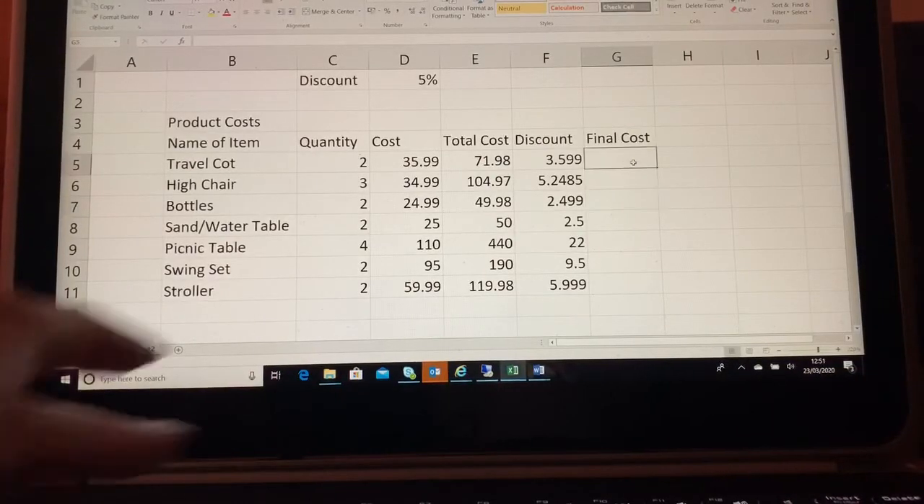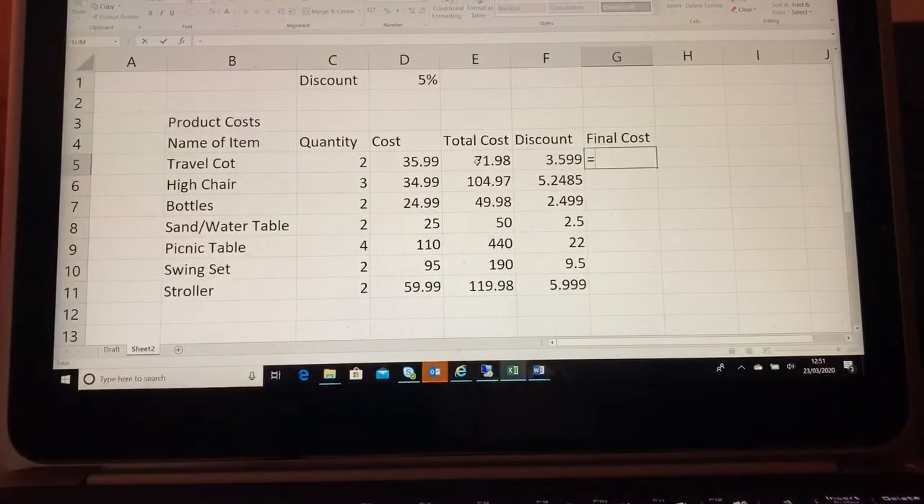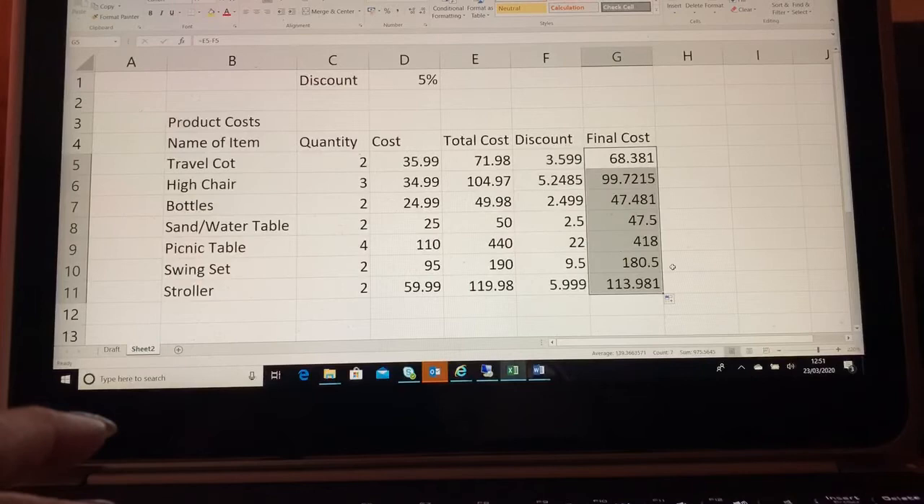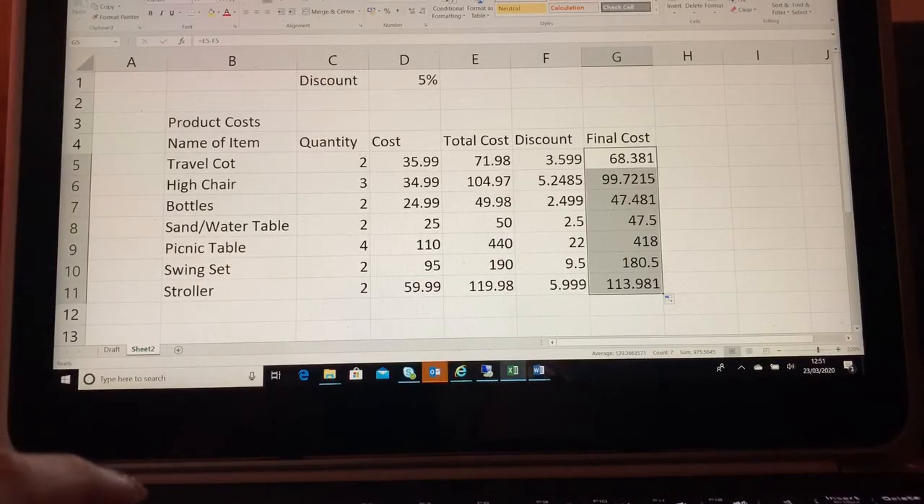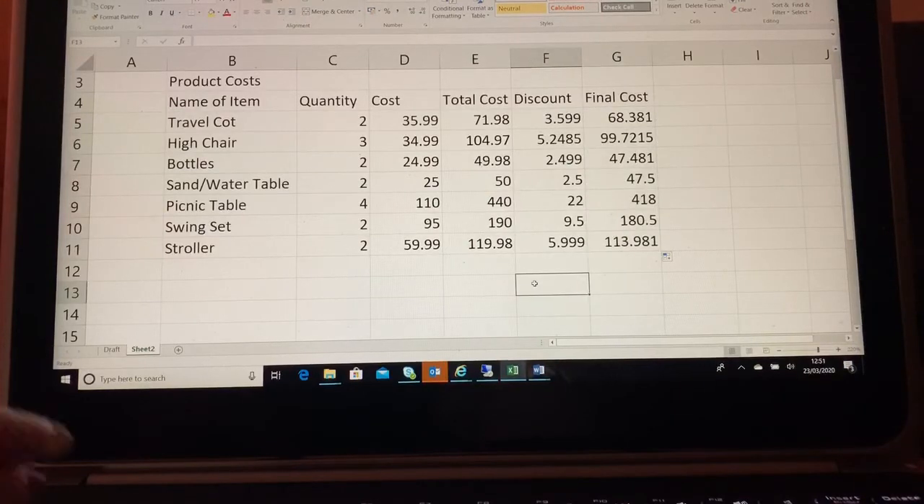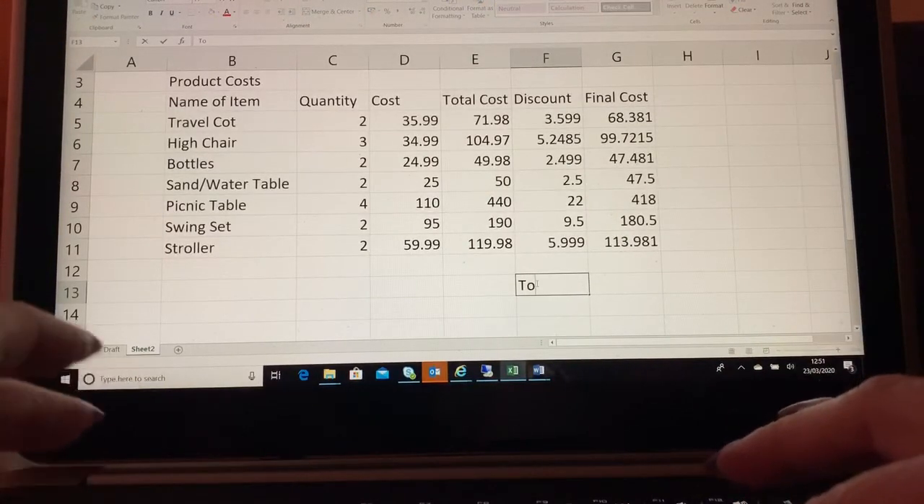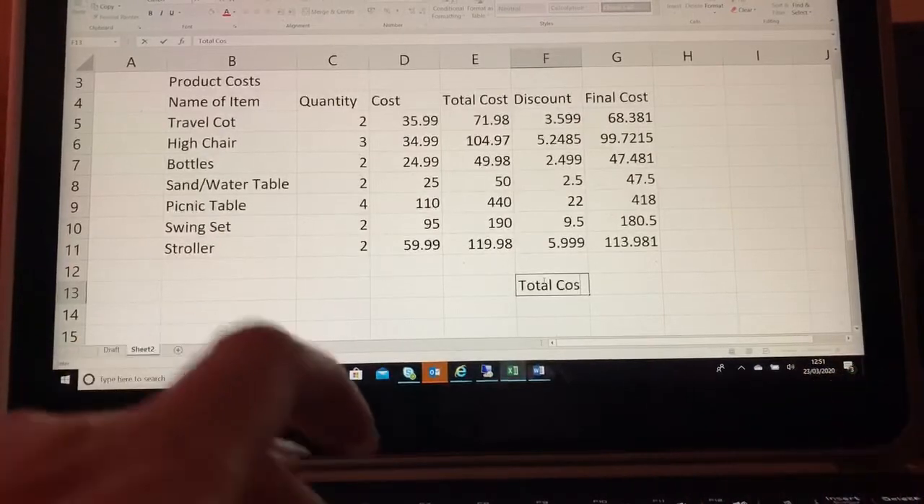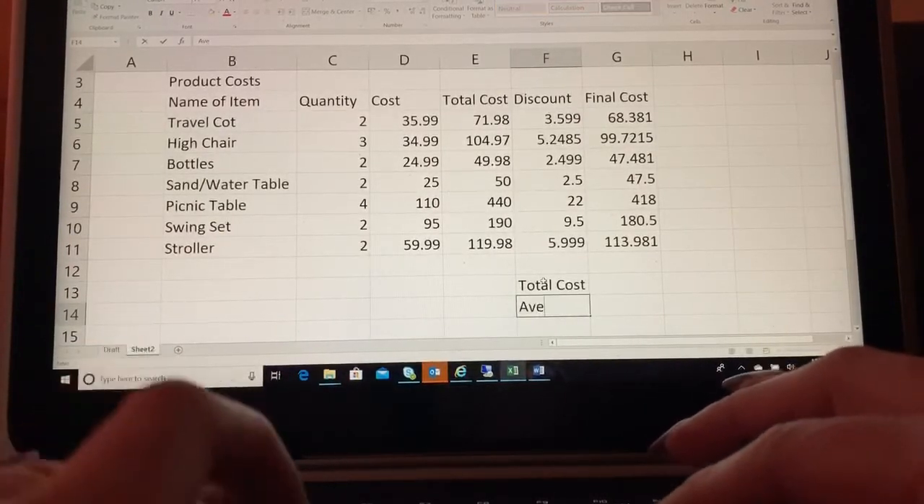So my final cost is going to equal my total cost minus my discount, and enter. Drag it down. Okay. Now I'm going to work out a few more costs down below. So we're going to use in the functions that we looked at over the last few weeks. So what I want to work out, I'm going to work out my total cost for all my products, the average cost,